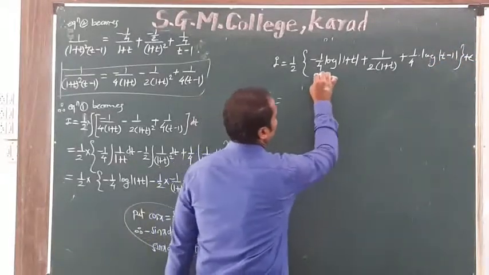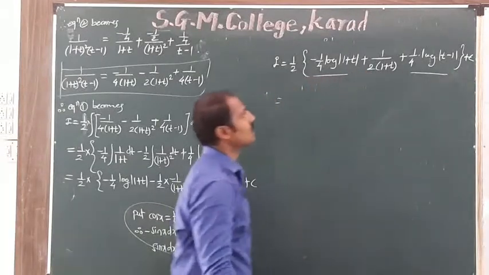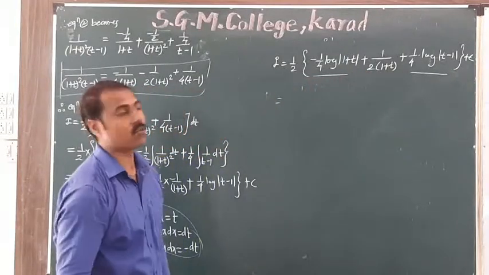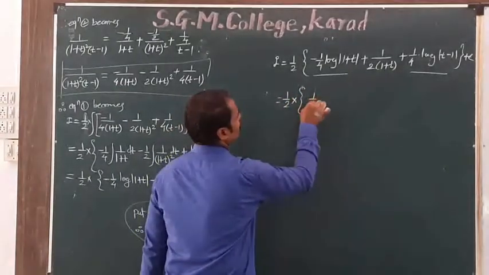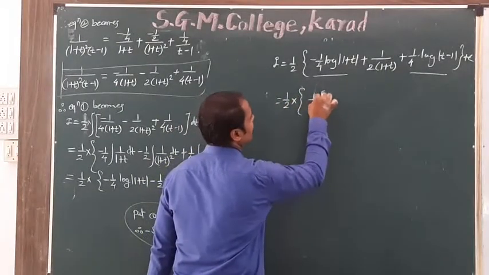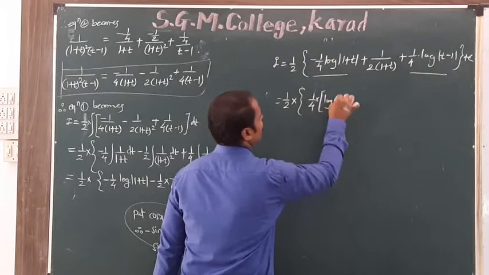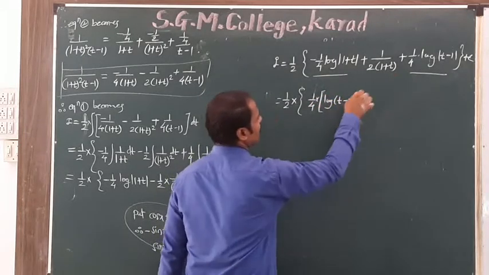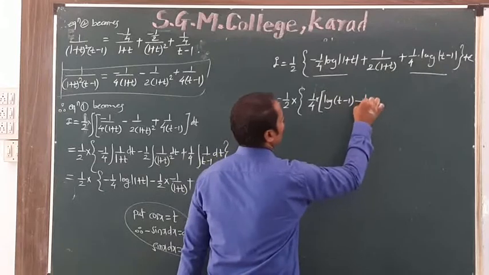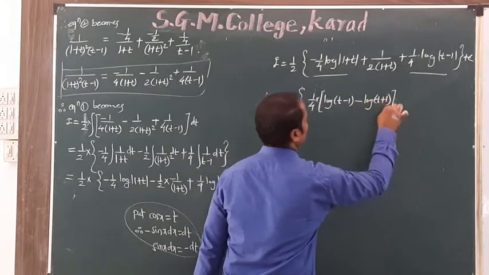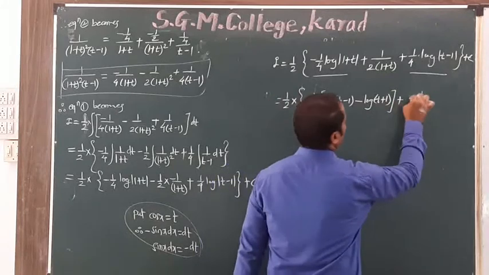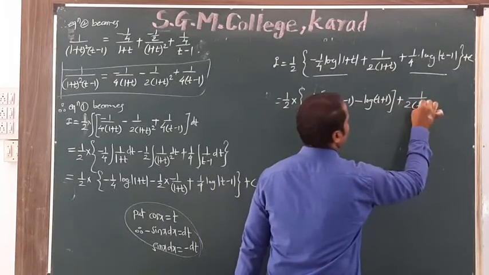Look at here, in these two terms we take 1 by 4 common. So 1 upon 2 into, taking 1 by 4 common, inside the bracket it's log of t minus 1, minus log of 1 plus t, that is t plus 1, plus 1 upon 2 into 1 plus t as it is,